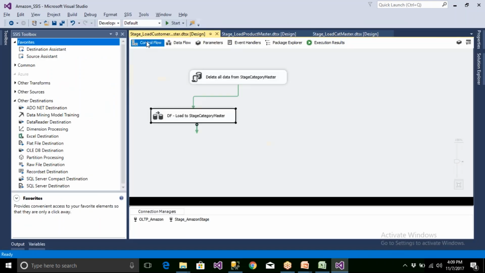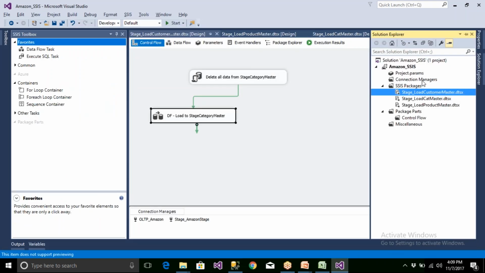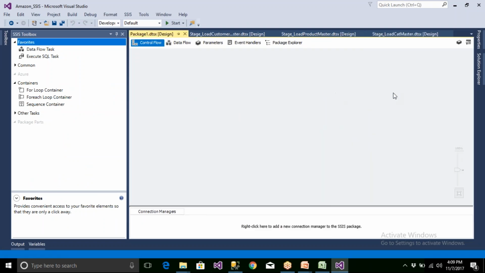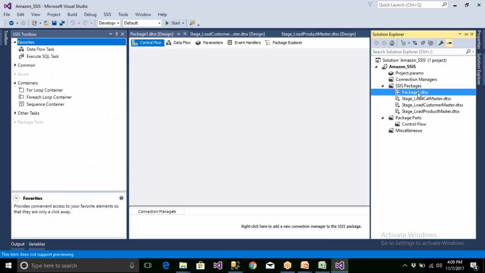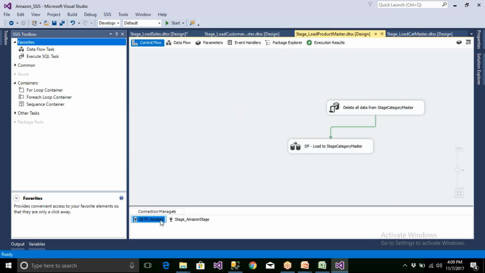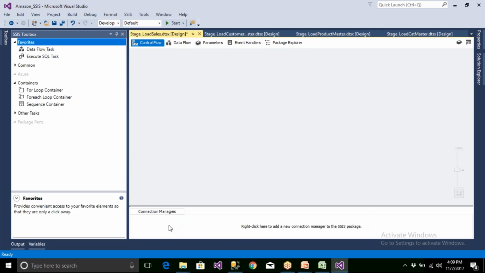Then the last one we're talking about is the sales table, right? So like that, stage, load, sales. Okay. Now let me copy this and paste it here.